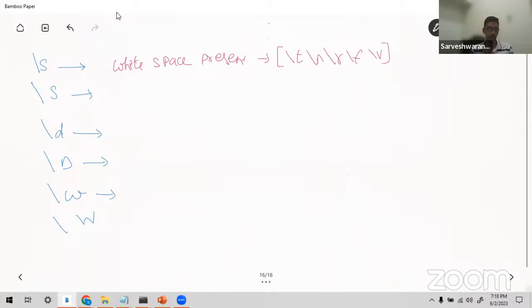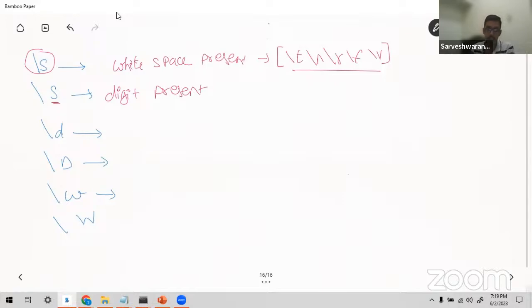So once you start learning this regex, we have a short form for all these, we convert these to a meta sequence. If there is a white space present, I use a slash s. I use a capital S to search when there is not a white space. If there is any digit present, I want to extract the digit that is present.